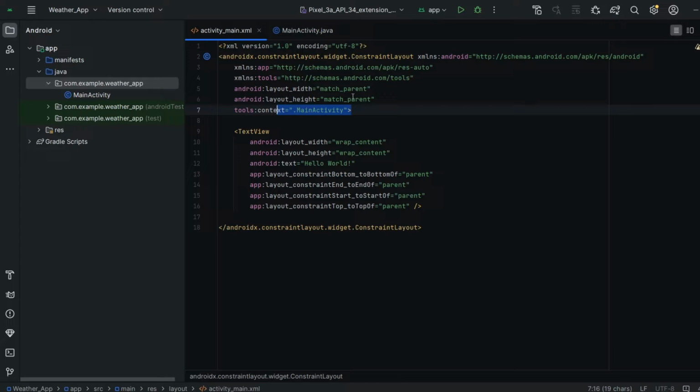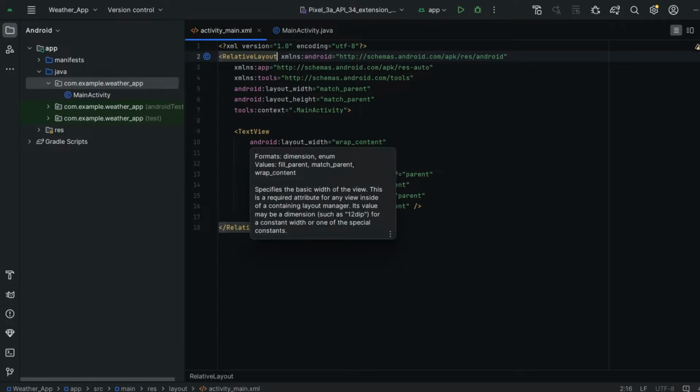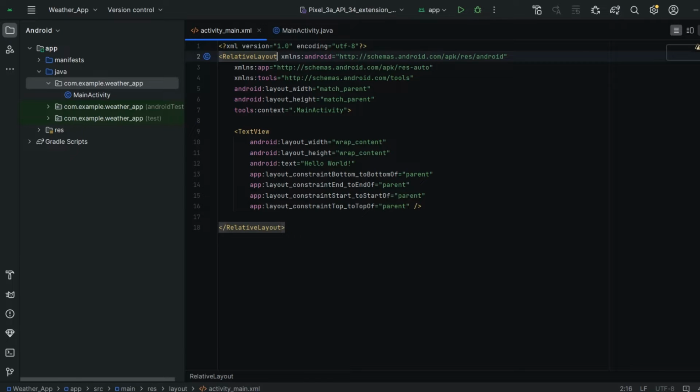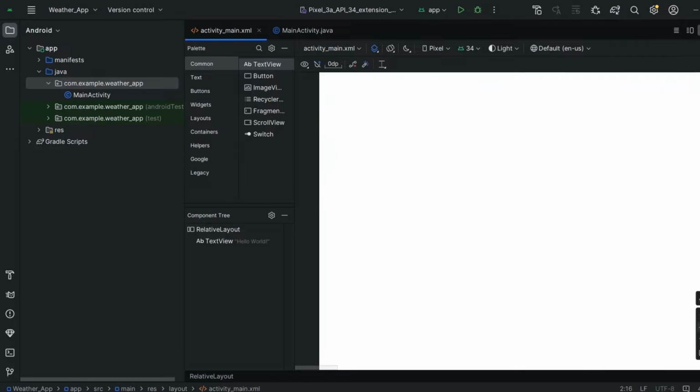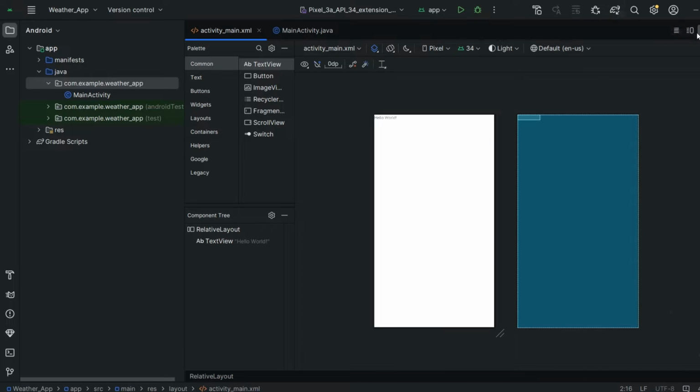Here I'm going to change this to relative layout guys. Okay, it was changed to relative layout. And also let me see how the user interface looks. This is the user interface.